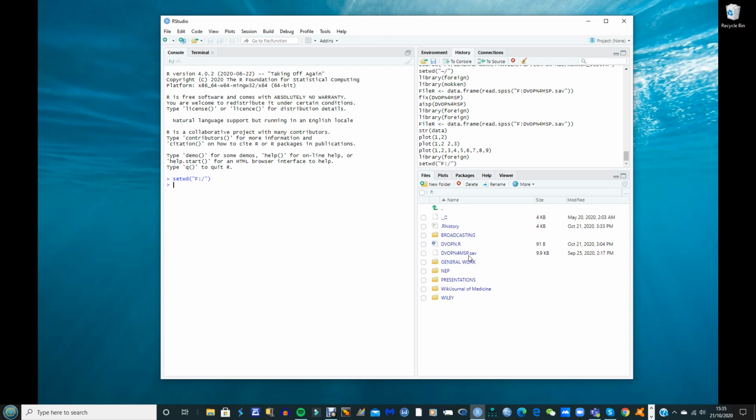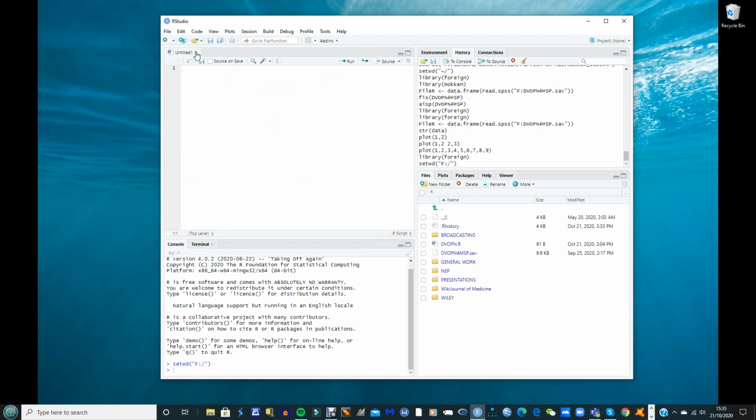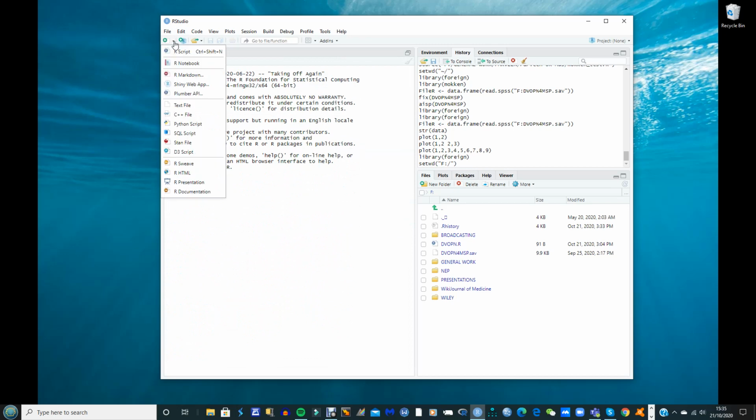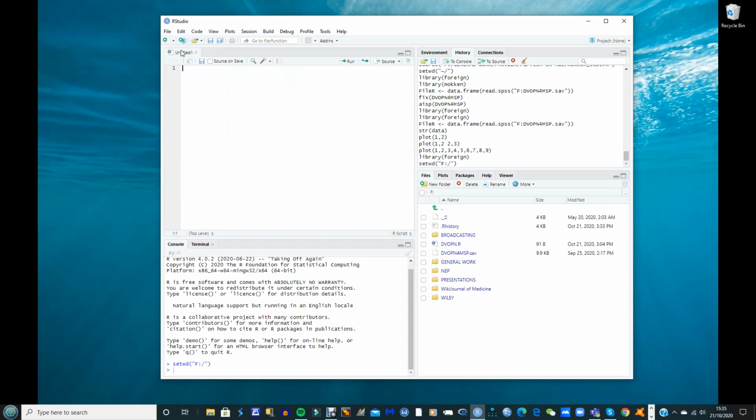And what I'm actually going to do is convert that file into an R file. It's just an example that I'm going to use here to show you how to do it. What I'm most interested in is how to save the R coding and subsequently to upload it again. So top left, beside this little plus, you press R script. Ignore any previous files that are there. You can delete them if you want. I've already set my directory.